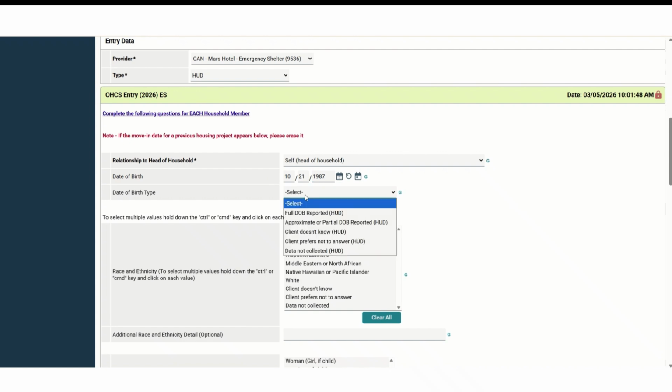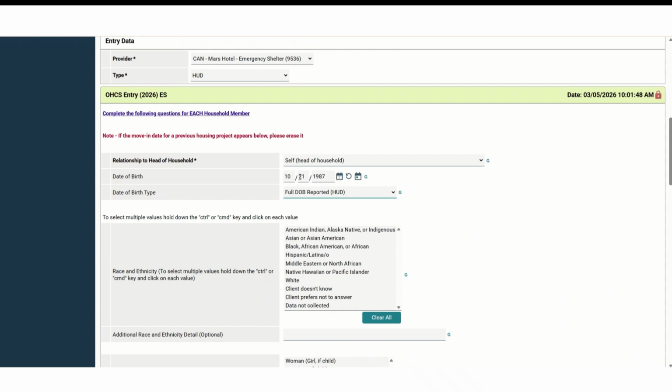And I'm going to put in a data descriptor. HUD likes us to describe the data that we're putting in. So there's the birth date. I've got full date of birth. You'll notice there's other options. Partial date of birth is